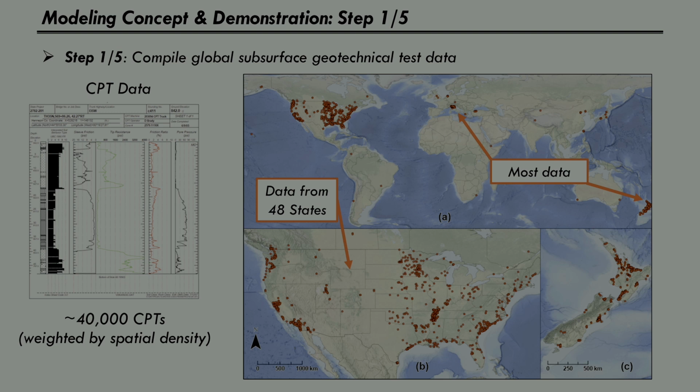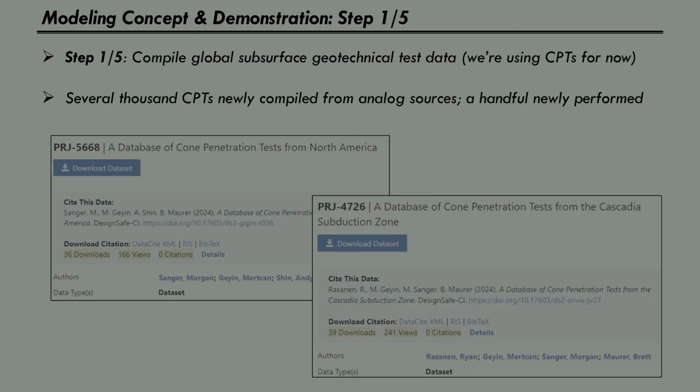It isn't that there's not a lot of data in the US, it's just harder to get data here. We also spent a lot of time compiling data from several thousand geotechnical reports. So we did a lot of digitization. We've made the CPT data available. Seems like people are downloading it for their own uses. Maybe it's robots, I don't know.